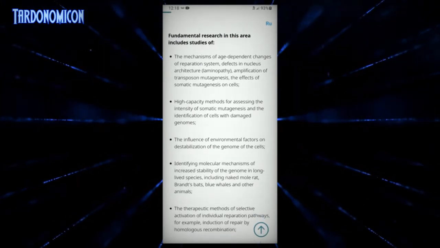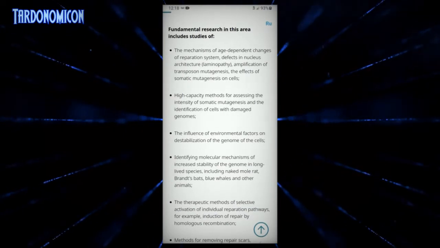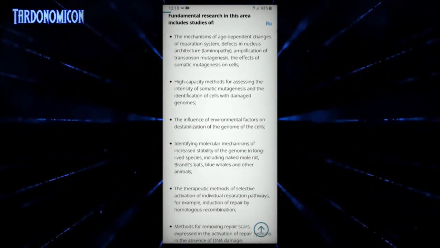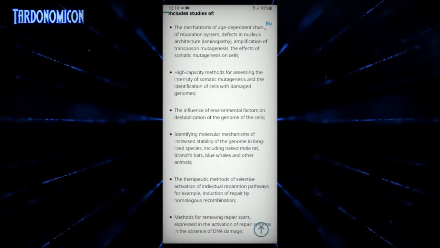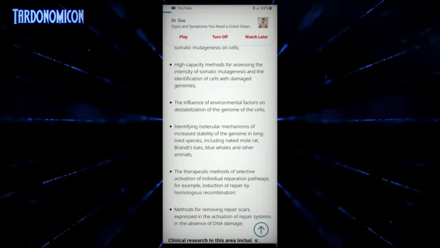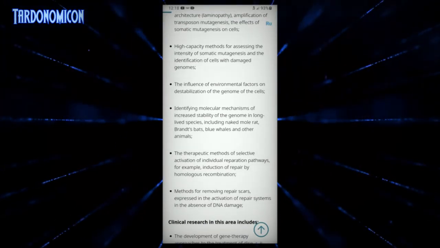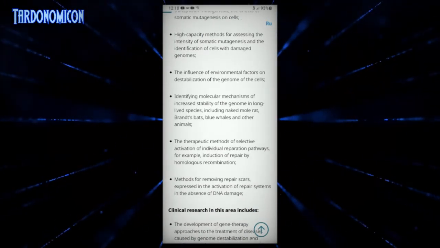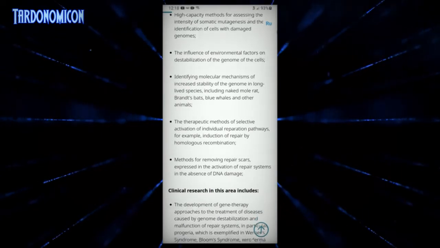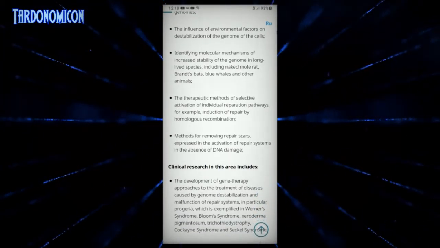The effects of somatic mutagenesis on cells, meaning that the cells themselves mutate. High-capacity methods of assessing the intensity of somatic mutagenesis and the identification of cells with damaged genomes, the influence of environmental factors on destabilization of the genome of the cells,